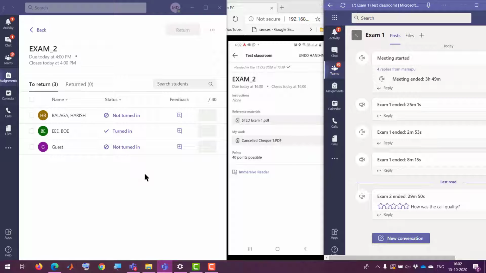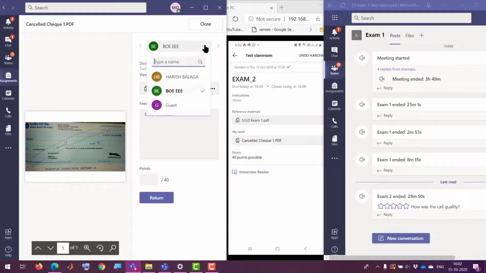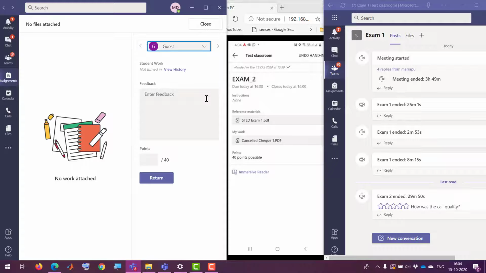Once the exam is over, the mentor has to open this and click on any one student who has turned in. Here he can see their roll numbers. Instead of names, student roll numbers will be visible. Click on any particular student roll number and download. Like this, for all the students, a mentor has to download all those PDFs, put them in one folder, create a zipped folder and share that zip file with the DOE as well as the corresponding course coordinator. With that, the mentor's duty for that particular day ends.